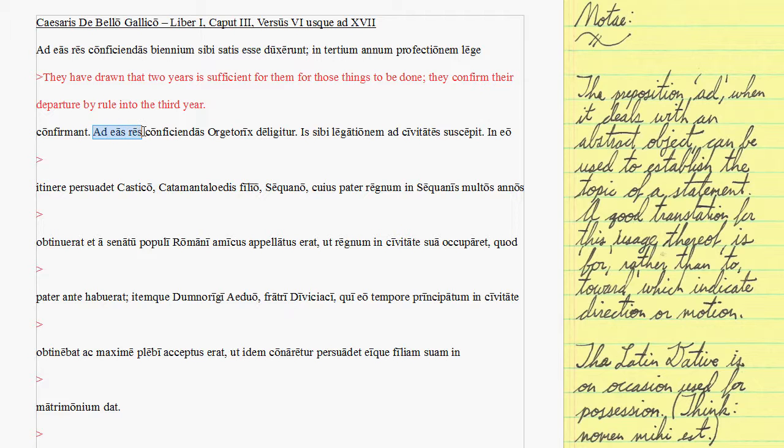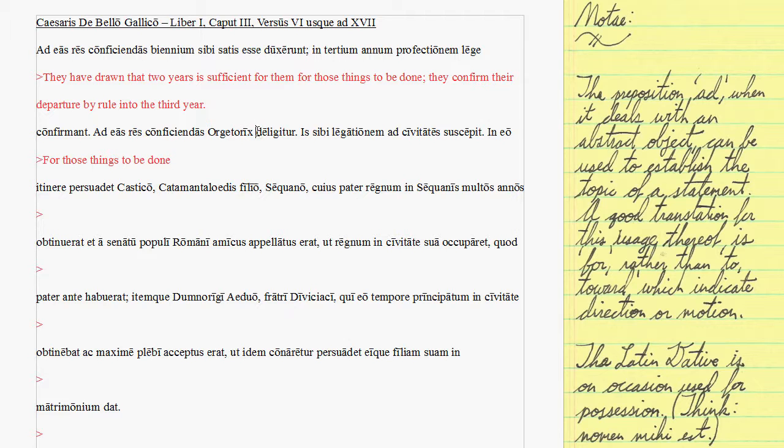So once again, we have this ad eas res conficiendas, a lot of vowel sounds there that I keep messing up. The same phrase is going to mean the same thing. For these matters to be done, for those things to be done. Once again, I'm going to highlight that I'm using this as kind of a way to express the adjective, not as a verb there. Remember, this is a gerundive, and there's no real verbal meaning to it, but it fits well as to be done in English. And though this can be a verb in English, it can also be used as an adjective. So I'm going to clarify there on that. For those things to be done, or those things about to be done,